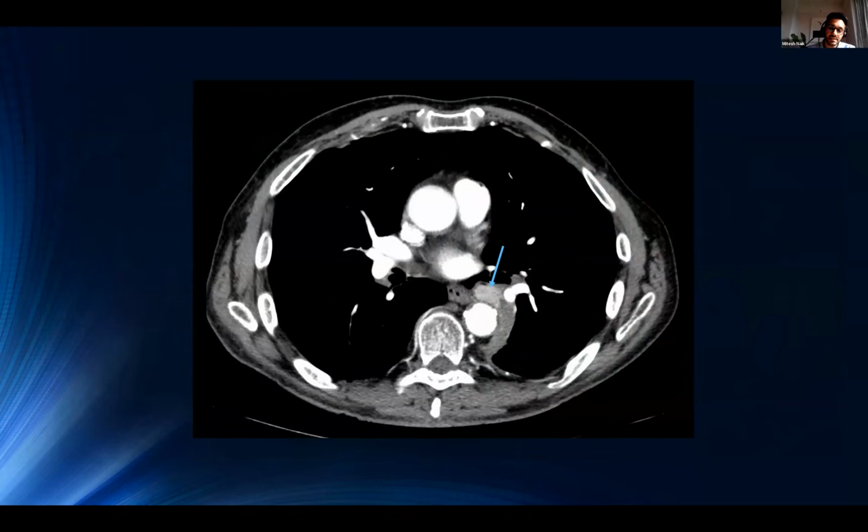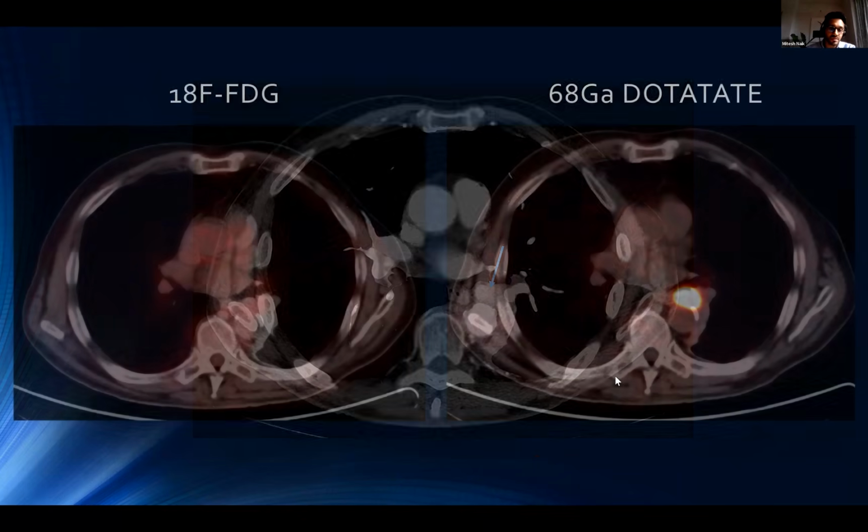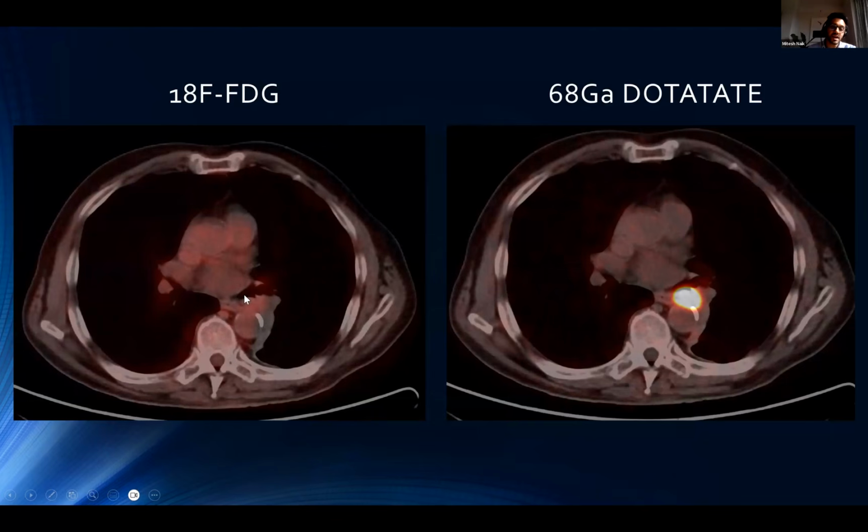Here we can see a lesion within the medial left lower lobe, which was bronchocentric, causing medial left lower lobe collapse. This was worked up as a conventional lung cancer initially, because although it was enhancing, there's a differential here. The patient underwent an FDG PET. It was entirely negative. A bronchoscopy to sample was attempted. However, no tissue was obtained. And then the DOTATATE PET was performed, showing intense uptake. And this ended up being a grade 1 NET.